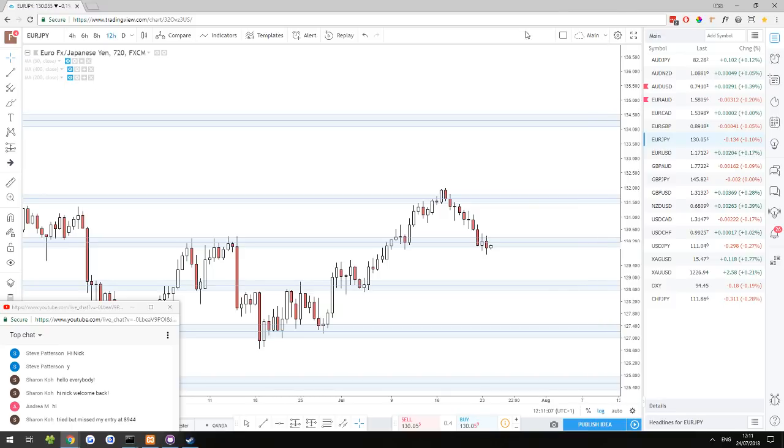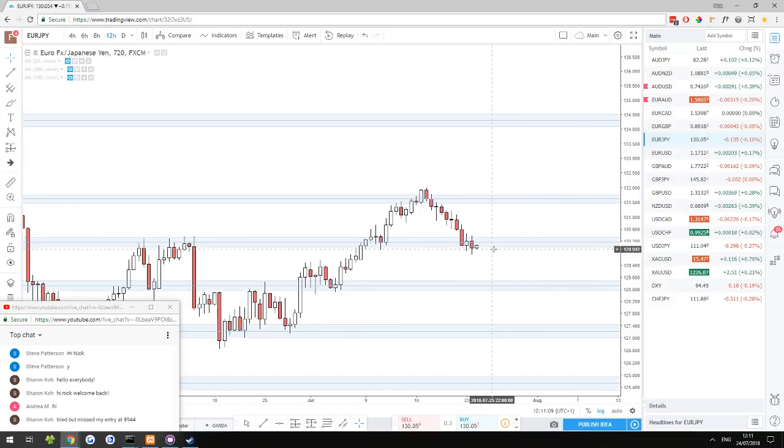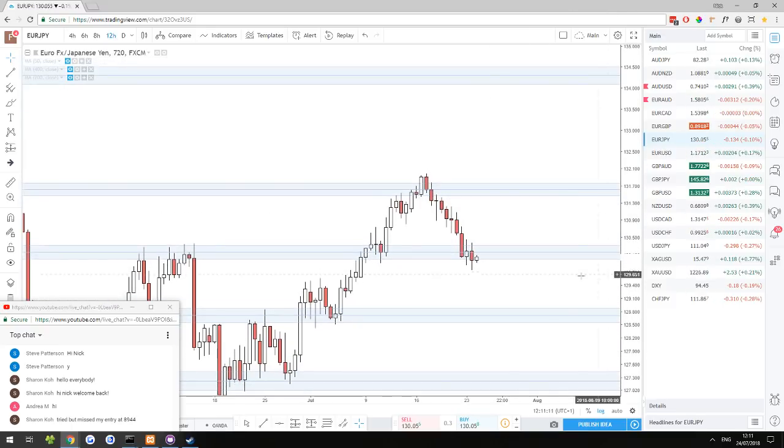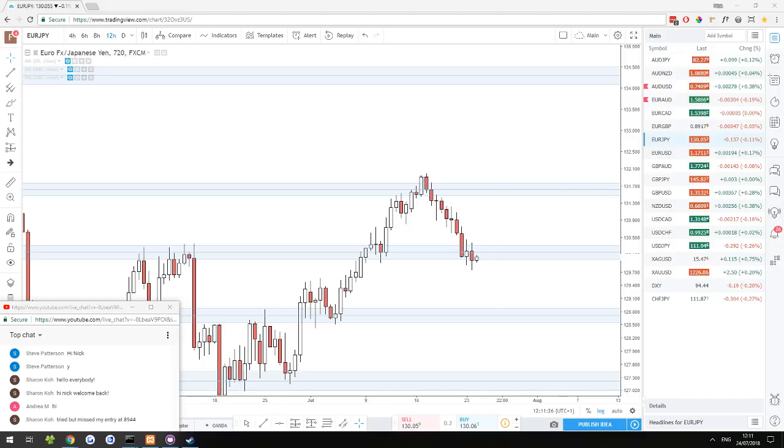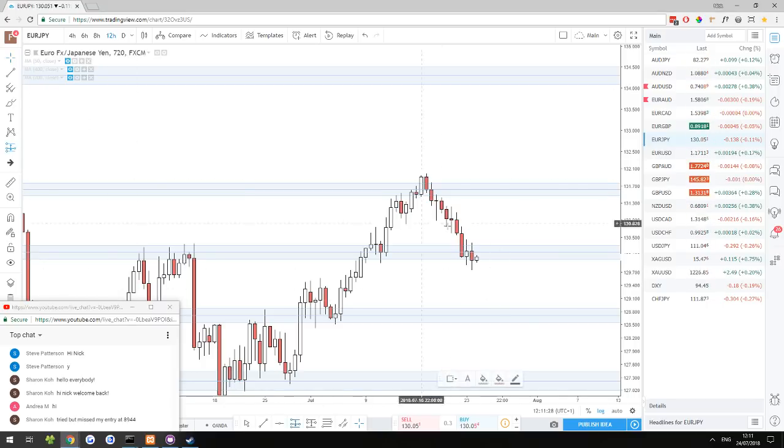I'm not saying I'm going to jump in long yet. What I want to see is probably this 12-hour candle at least pushing up and breaking this high or even that high, but that high might be tricky from a risk-reward ratio standpoint. I want to see a break of some highs, maybe a pullback after that, just so I can get in on a bit of a retrace, because otherwise the risk-reward ratio is going to be a bit tricky on this one.